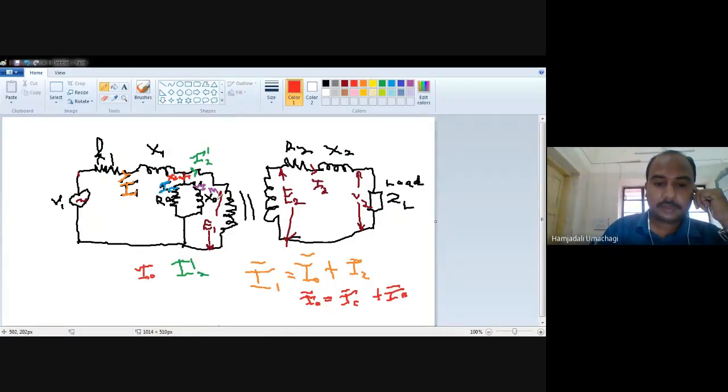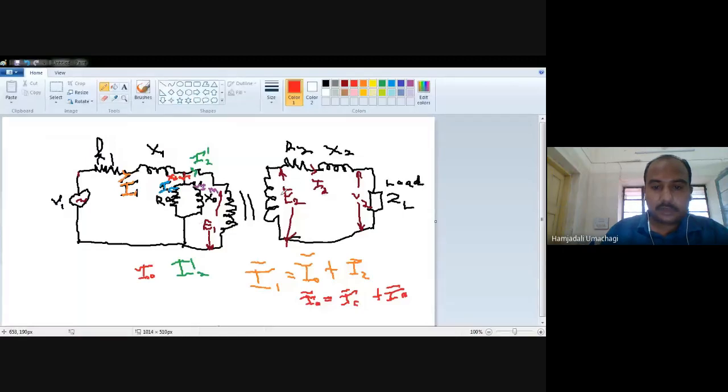Okay. Then comes E1, which is on the primary side. What is the relationship between E1 and V1 as per Lenz's law? Yesterday we saw that the induced EMF in the primary winding opposes the cause. What is the cause here? V1. This exerting voltage is the cause and the effect is the induced voltage E1. So this E1 always opposes the injected voltage, which is V1 here.